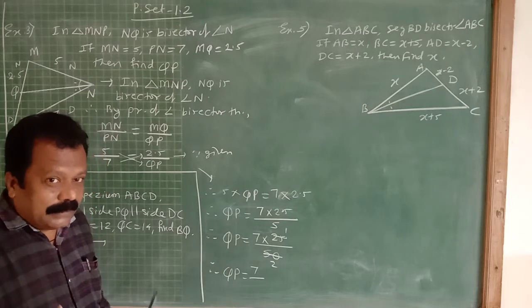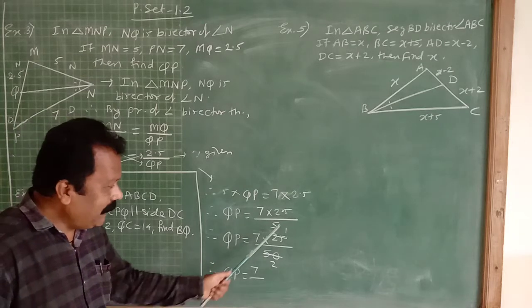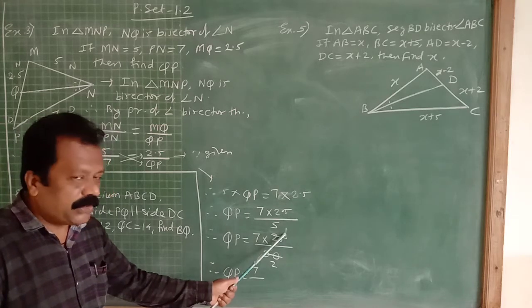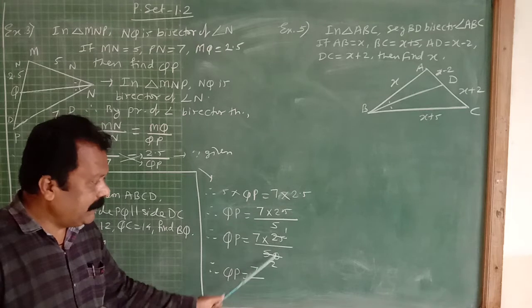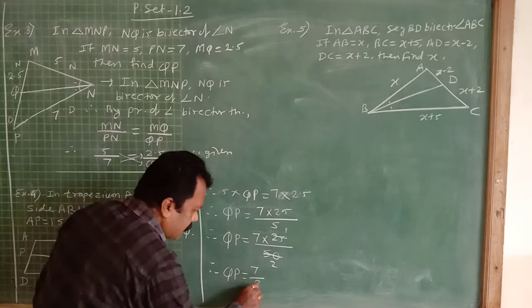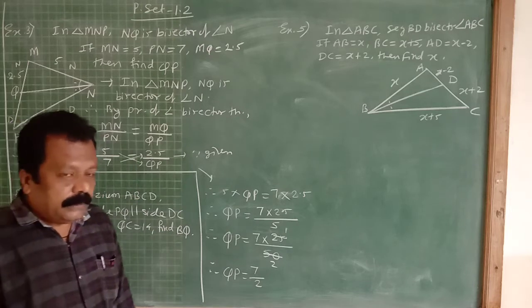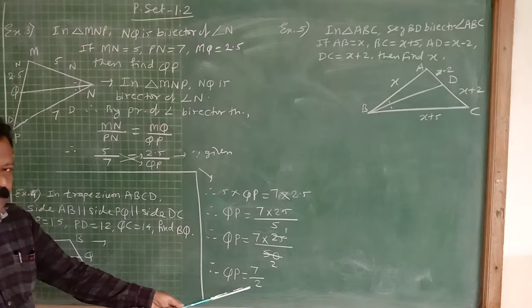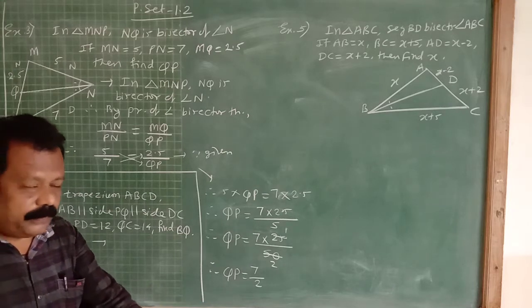Take carefully. 7 into 1 is 7.5 because after division we got this answer of this division, 1 upon 2. So 7 multiplied by 1 is 7, and 2 has it. 7 upon 2, this is not a final answer. You have to take it in decimal because on a scale we can't show 7 upon 2.